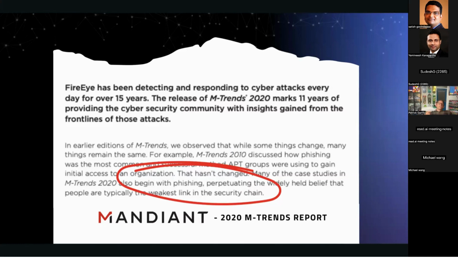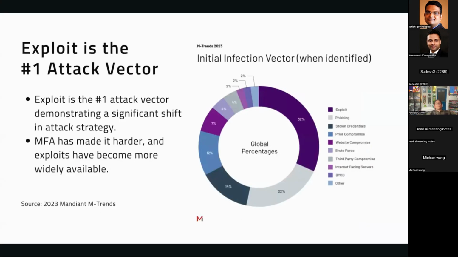In addition to that, an important note in why EPSS and other threat intelligence becomes really important is that in the last decade before 2022, attackers were predominantly using phishing attacks. This was pulled from Mandiant's M-Trends report in 2020, which is more of the same: more phishing, everything is phishing, there hasn't been any change. Literally, those are their words. The reality is that in 2023, in the new report, the number one attack vector is now exploitation. So organizations very rapidly are being caught in a situation where it wasn't much of a problem.